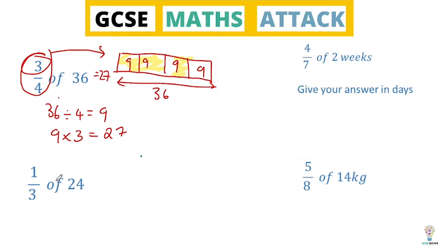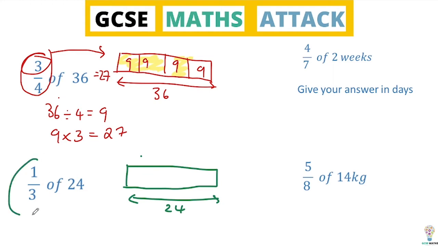Right guys, so we need to work out 1/3 of 24. As I said, you need to draw your bar model. You know it's going to be out of 24, and you need to work out 1/3. Because the denominator is 3, we need to split this into 3 equal pieces. I know my drawing doesn't look equal, but yours has to look equal. You don't necessarily have to use this method. I am going to show you another method, but please do bear in mind they are supposed to be equal